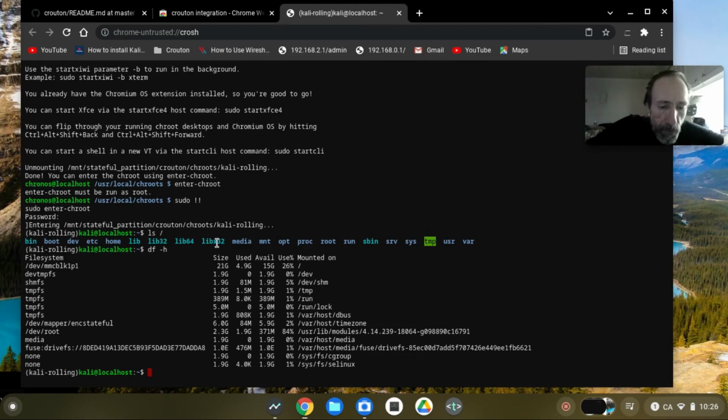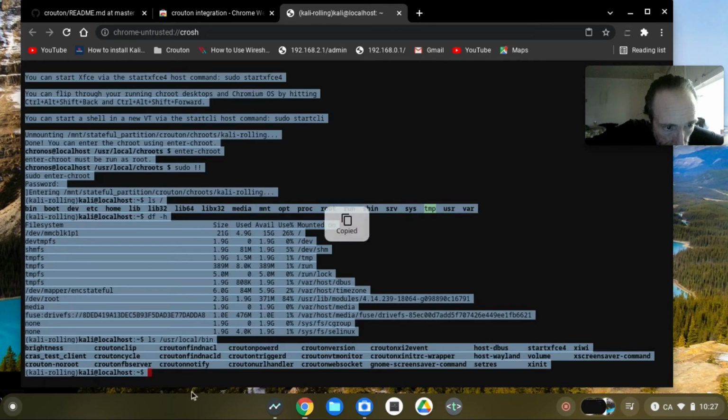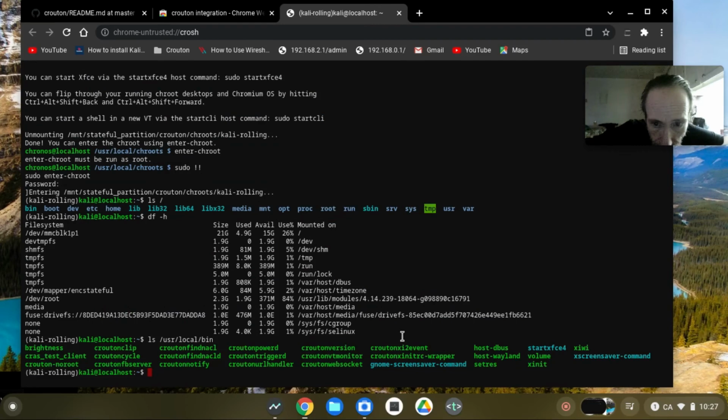So if now I do the command start, because I forgot to tell you that if I ls /usr/local/bin, not sure if it will work here, you see here in the local bin, well, there's a lot of things here. Interesting. Anyway, I'm going to do start